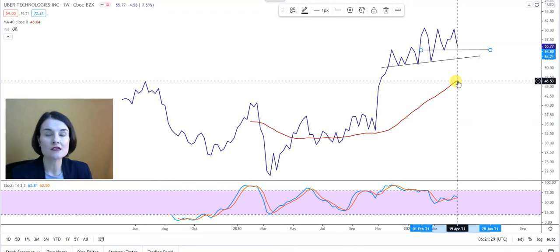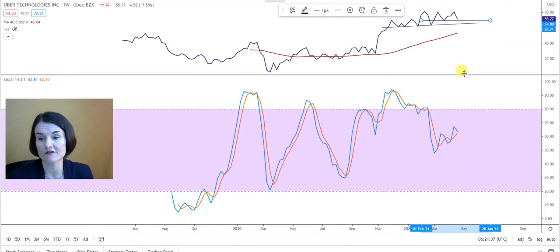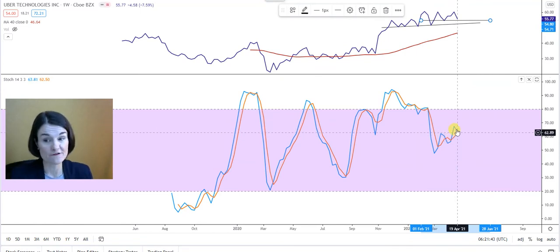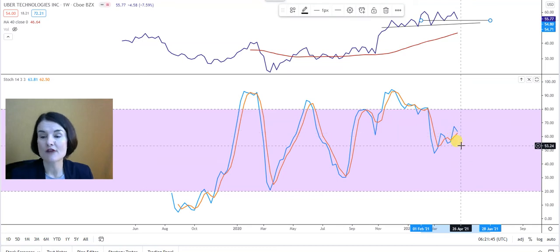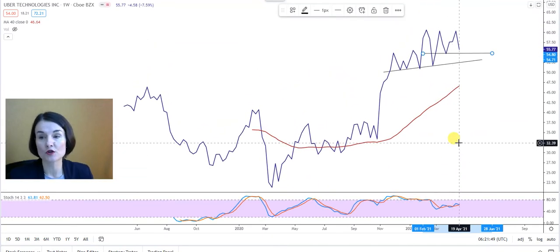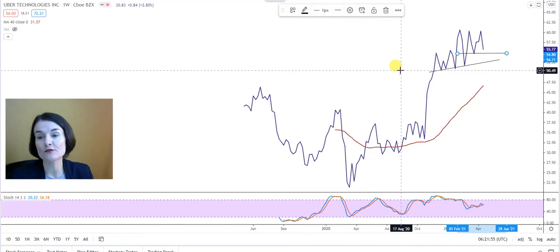Either lower highs, head and shoulders, double top, inverse cup and handle formations, which tells us that the sellers are really considering taking profit. My stochastic is sitting on a 63, no man's land. We can clearly see that blue line is very keen to turn around and break through the orange line. And once that happens, my negative divergence will be confirmed. But as I've said, above 60.63, above that high, we can assume that the momentum on Uber to the top